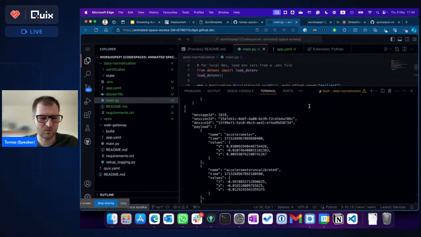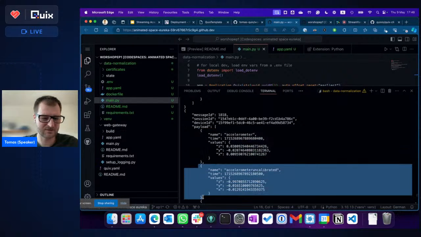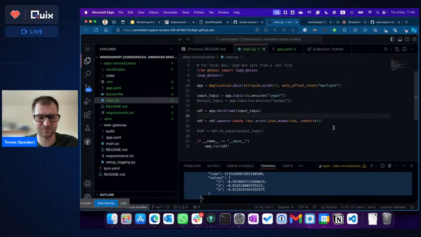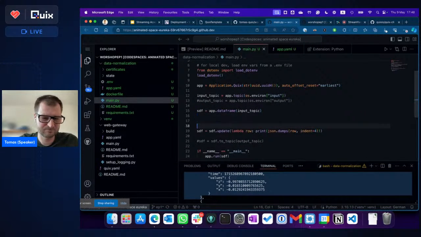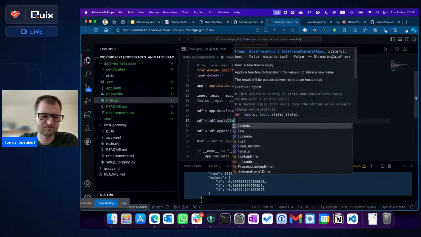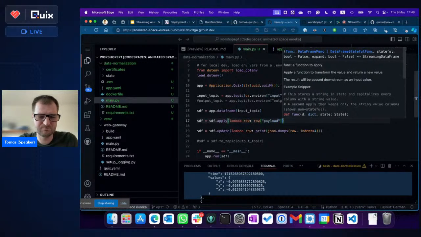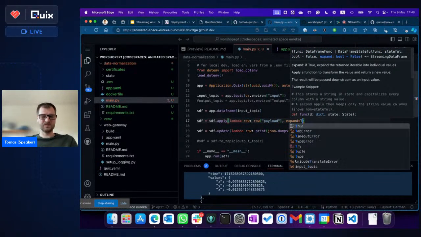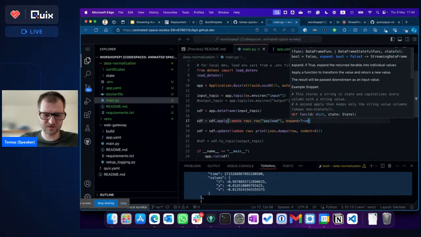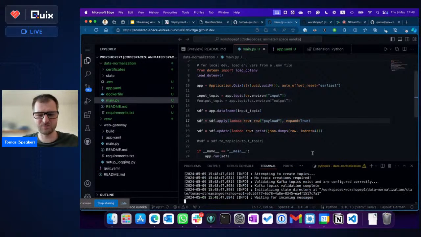Basically, we're going to take this payload and consider this as a row, this as a row, etc. That's quite easy. We're going to use the apply function, and we're going to take the payload property. And because it's a one-to-n relationship, we're going to use expand. And as a result, now we should get as output